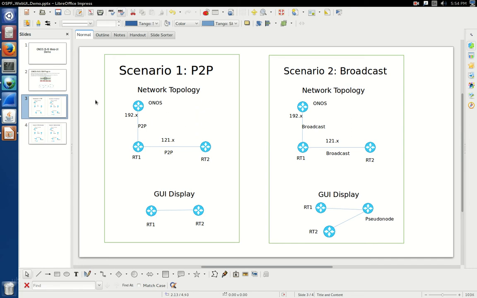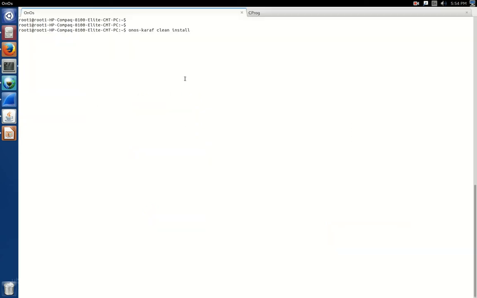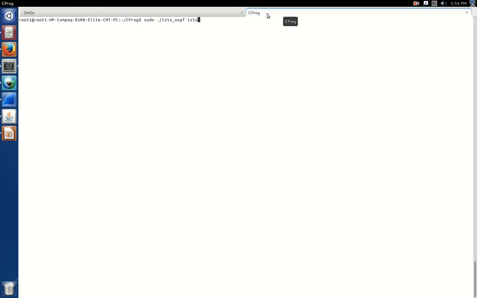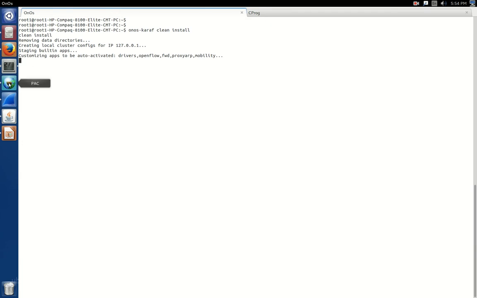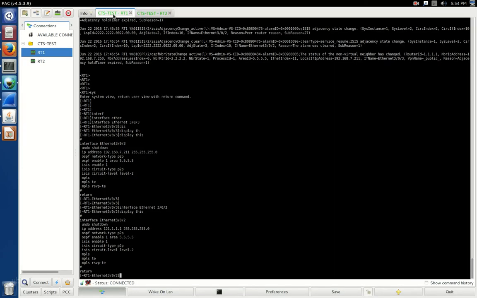We would start the ONOS controller by giving the following command: onos-karaf clean install. We also have a C program, and we would start it by giving the following command: sudo ./isis_ospf, which is the C program file name, and we give ISIS because we have to use ISIS. Meanwhile, we would do the configuration for our